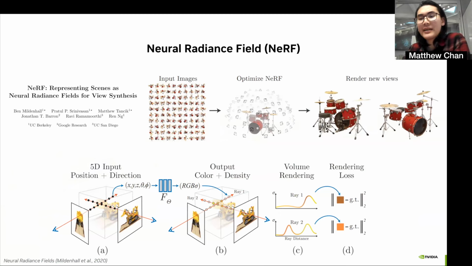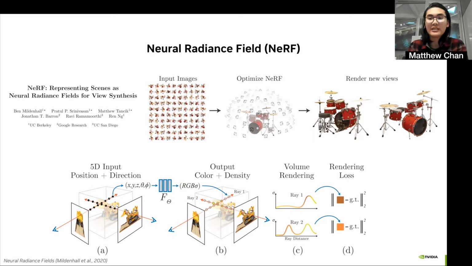Let's do a little bit of a deep dive into the underlying 3D representation so that I can give you a little bit more context for that. So for many 3D GANs, including the majority of the varieties that I'm going to be talking about today, NeRF or its variants is the representation of choice. So NeRF, short for neural radiance fields, up at the top there, is a paper that was first published in ECCV 2020, so 4 years ago, not even that old.